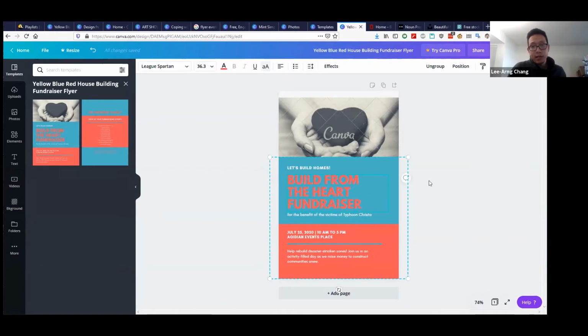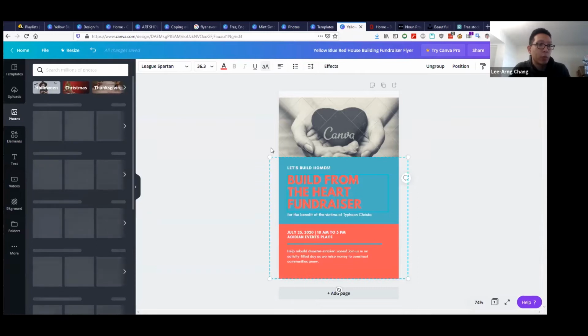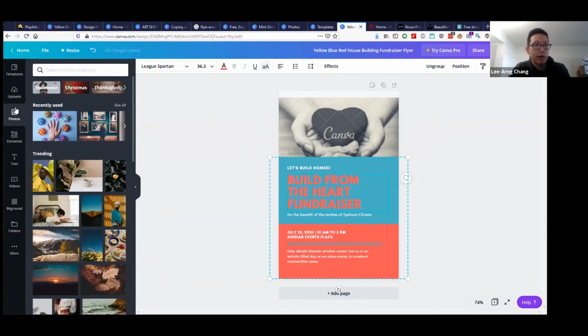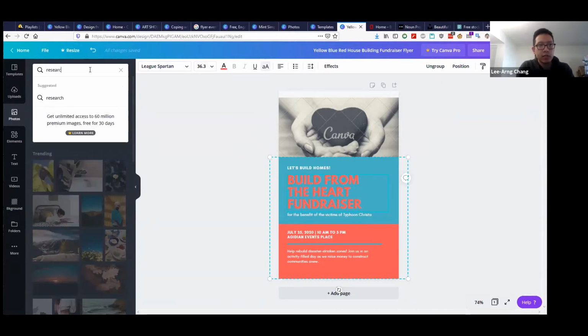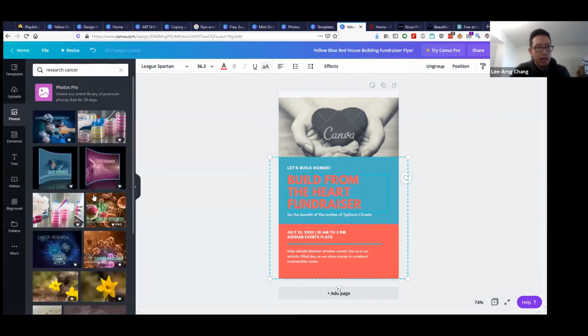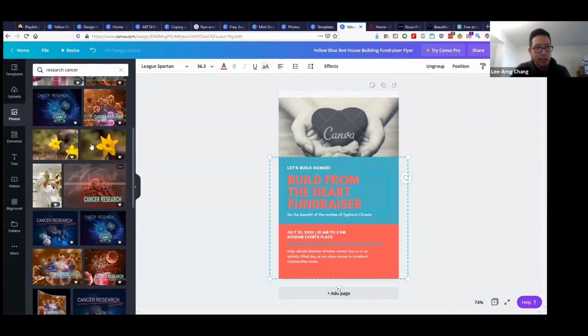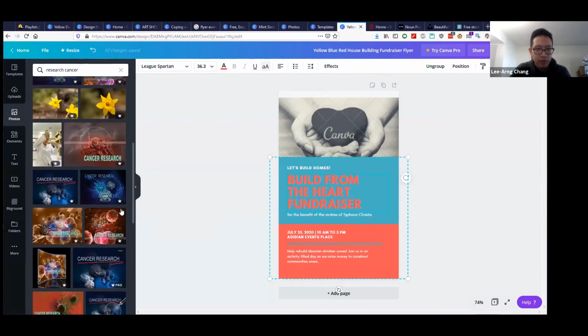utilizing this template. And so this talk is going to be about, say, cancer research, OSU's cancer research. It's going to have a bunch of faculty giving a talk about this topic. I can definitely Google images dealing with research or cancer research, or I can utilize things like the photo library within Canva. So here's Canva's photo library on the left-hand side here. I can search for a bunch of things, research, maybe cancer, and I get some interesting photos. Some are useful, some are not really useful.